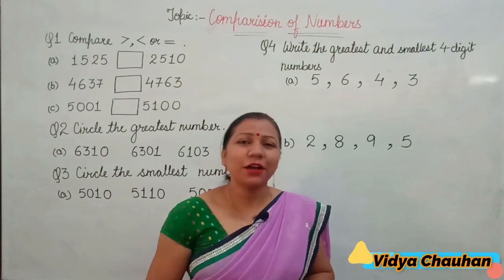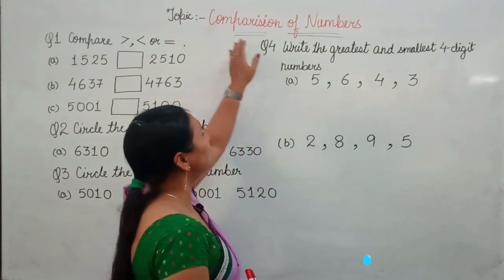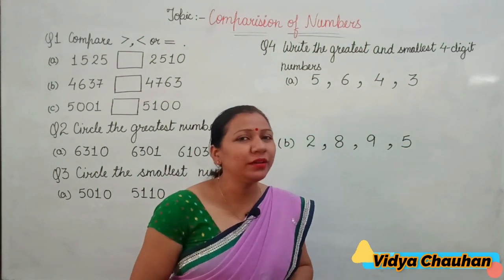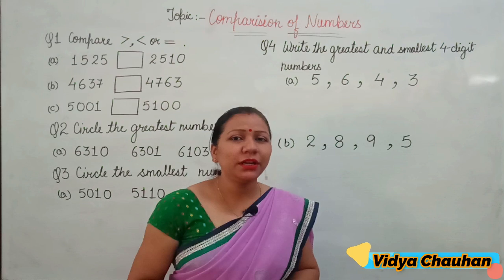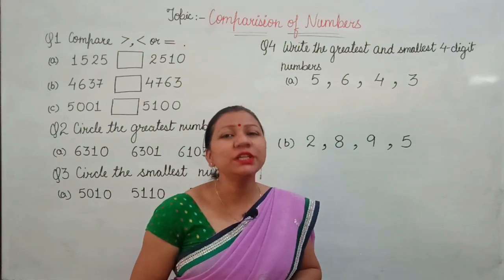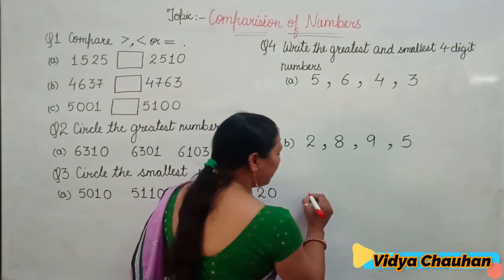Now students, after completing the place value and face value, today we are going to discuss the comparison of numbers. How you can compare a 4-digit number and how you can find which value is greatest and which value is smallest. So comparing a number, if I take an example here,